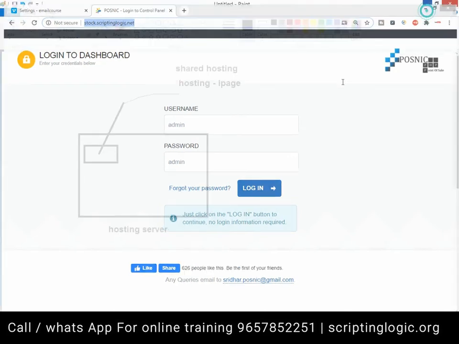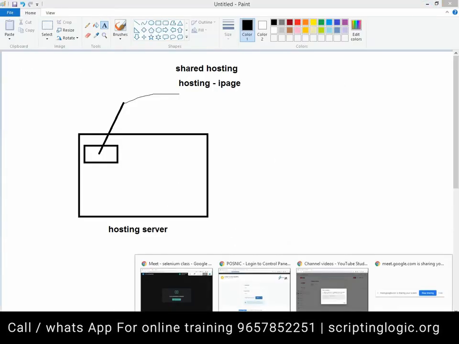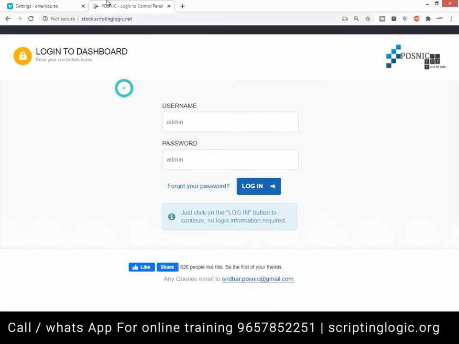Just like that, I have a server at iPage wherein I have hosted these applications, so that you are able to access stock.scriptinglogic.net or the billing pages. I have given you several URLs, so you can access those, and you will observe that this is my own domain name, scriptinglogic.net, right? And these applications are hosted on that particular domain.